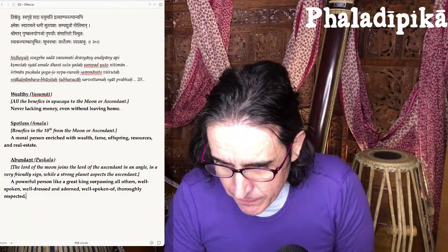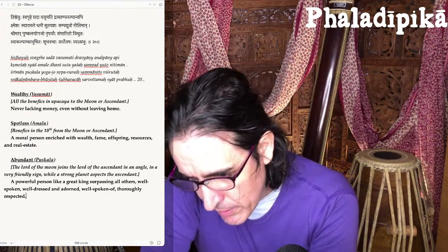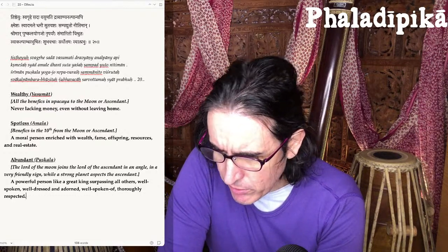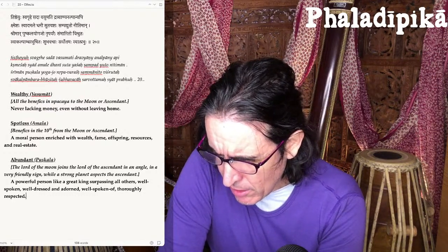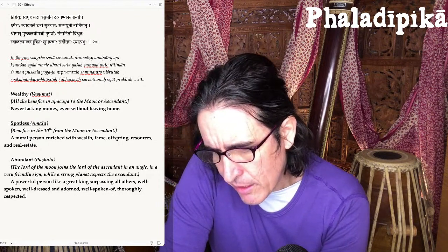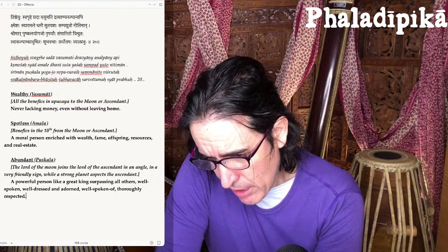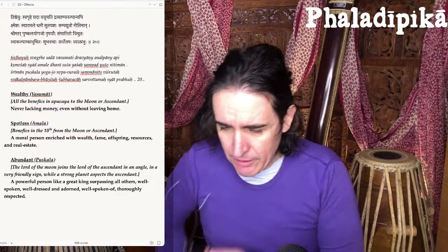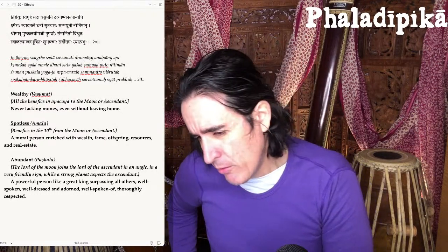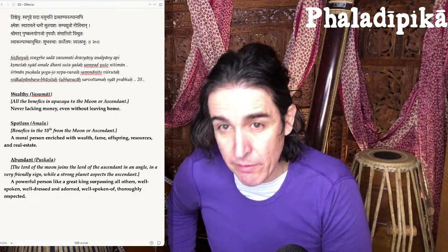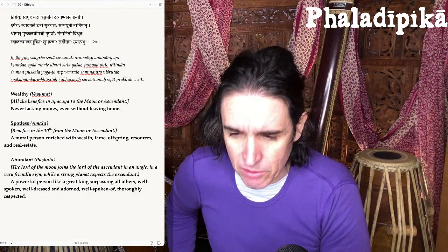So we're on the 6th chapter. The first chapter was mostly about signs and planets. The second chapter was about the houses. And the third chapter talked about the divisions of signs, like the amshas, navamshas, etc. There were really no techniques discussed so far. It was just giving you the basic vocabulary of astrology.